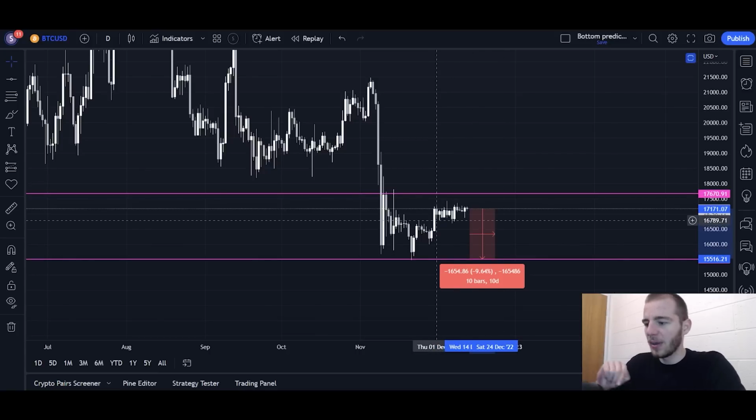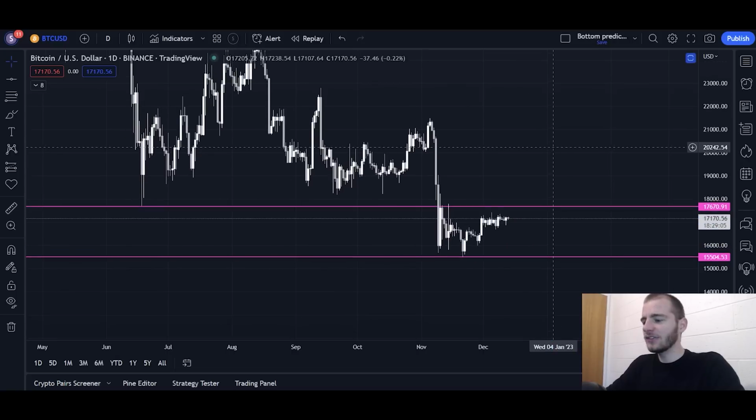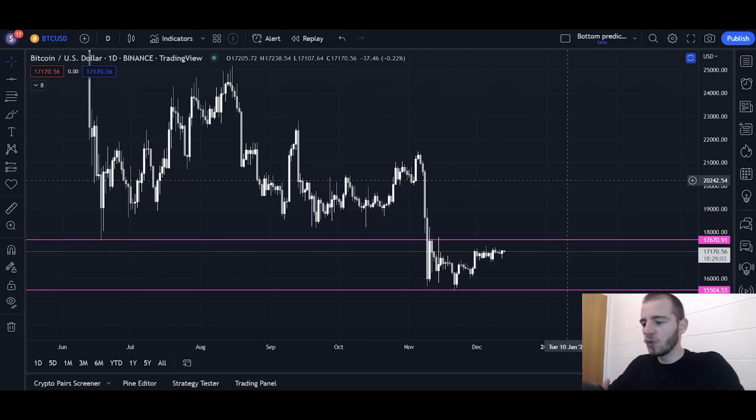We've been consolidating for the past 10 days or so, maybe even a little bit more than that. And we're kind of looking to wait for these events. And when these events happen, the volatility will occur, and that will take us either to the bottom of the range or break us above the top of the range. Those are the critical levels in the short term.